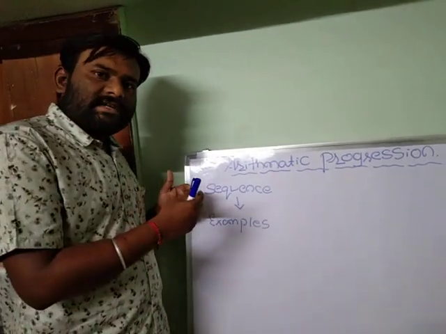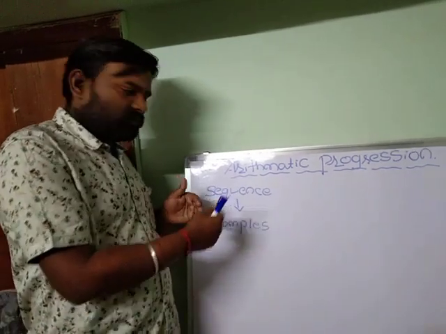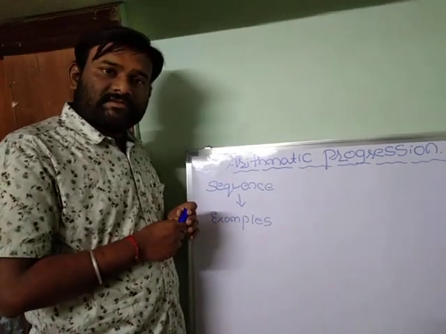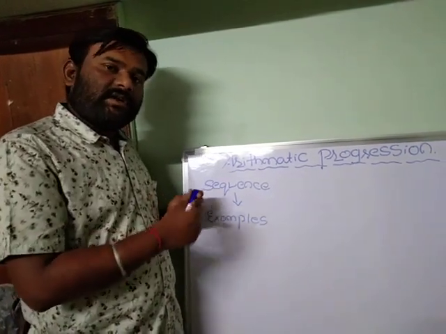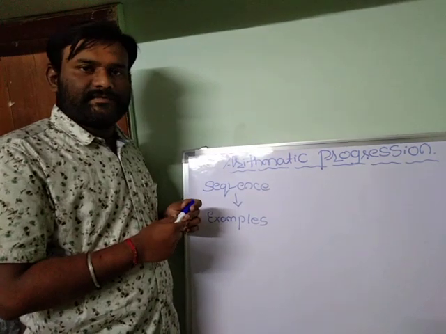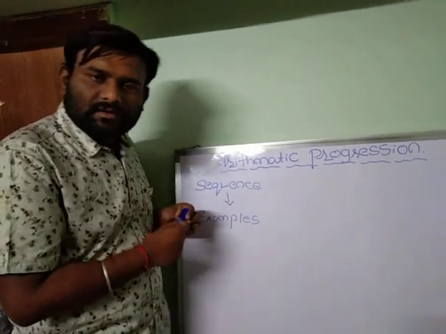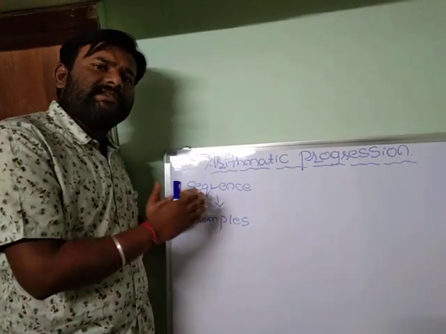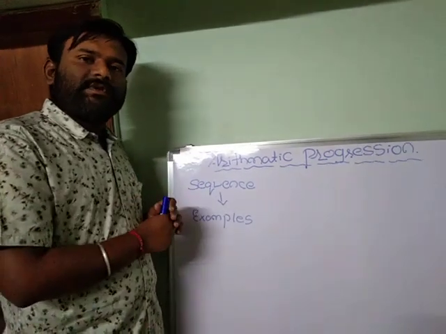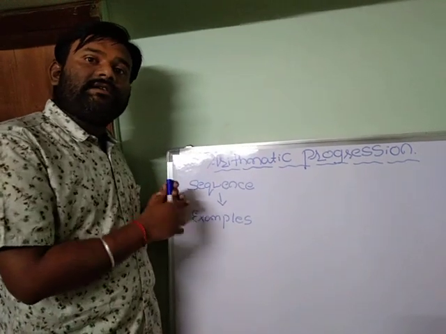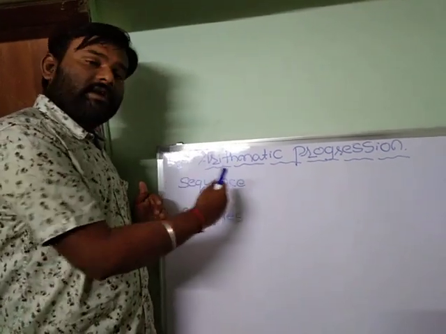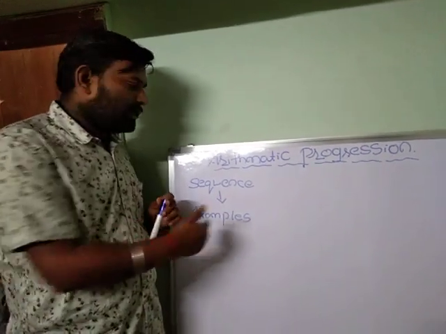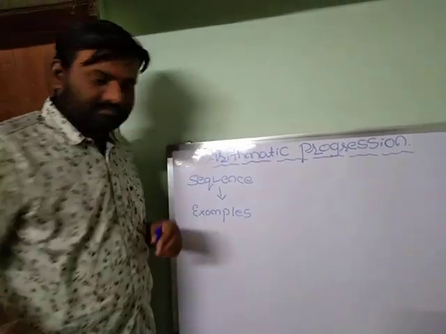If you do not understand what that particular sequence is, what the terms of the sequence are called and how they are written, then it becomes difficult to solve the numericals later. So we have to be very careful in understanding the basics. The first two or three classes we deal with the basics. Please listen carefully, then you should not have any problem in the later stages of the chapter. So let's continue the same thing, sequence.